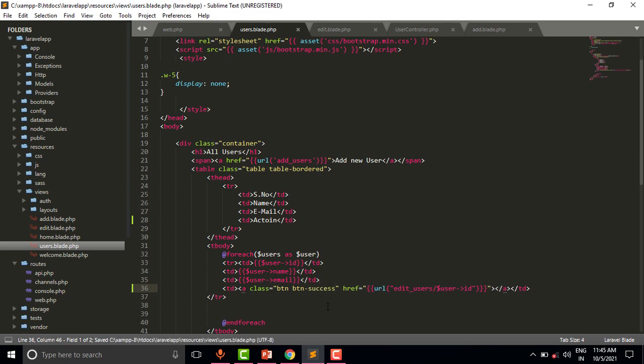These are the bootstrap classes for styling purpose. So right here, edit.